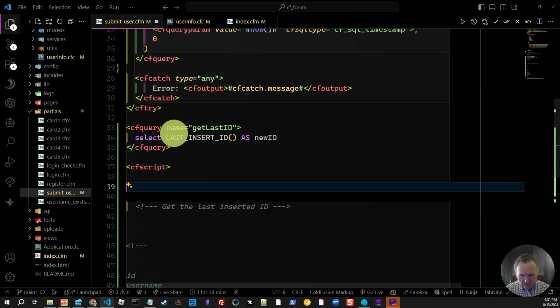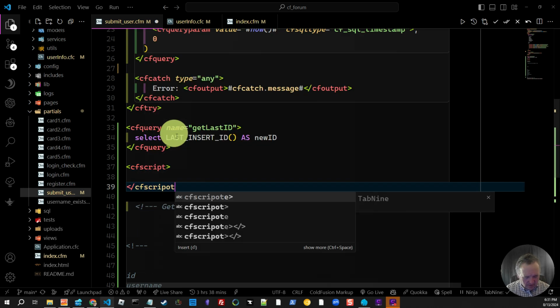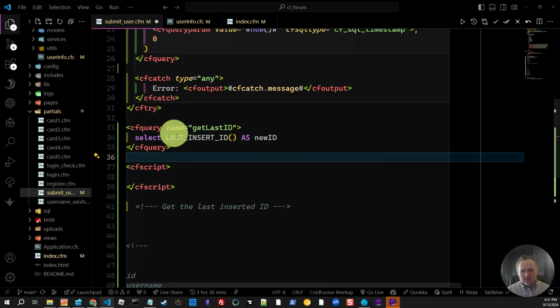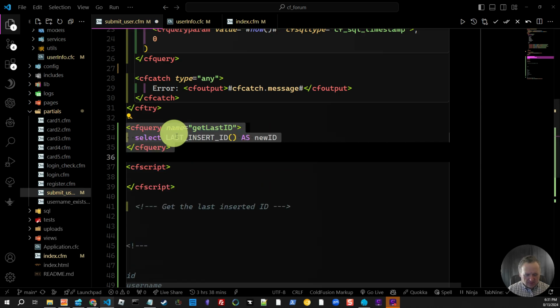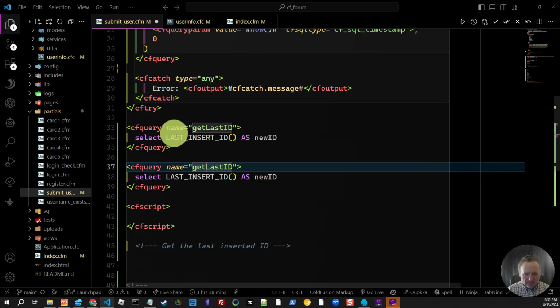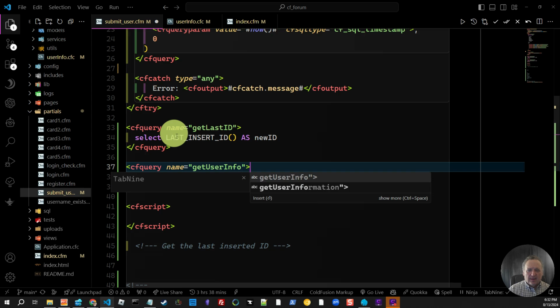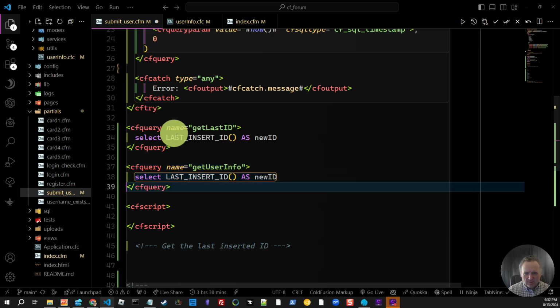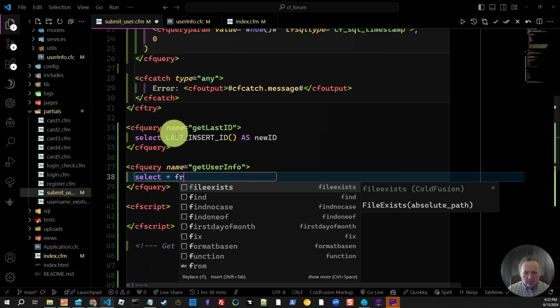And we're going to CF script. So this is just getting us the ID. So let's do one step further. We're going to copy, paste. We're going to then do get user info. And actually, I think what I might do is this. I will say select all from